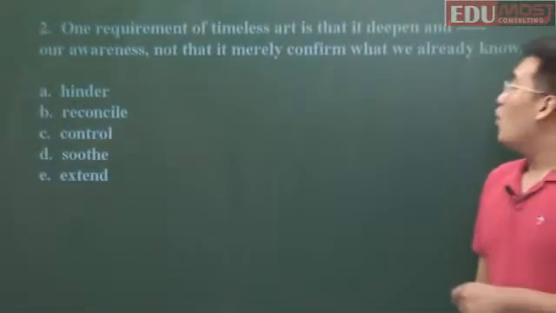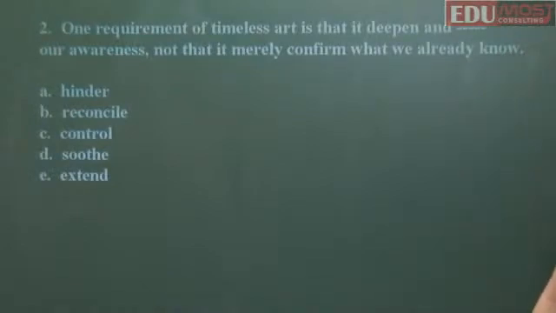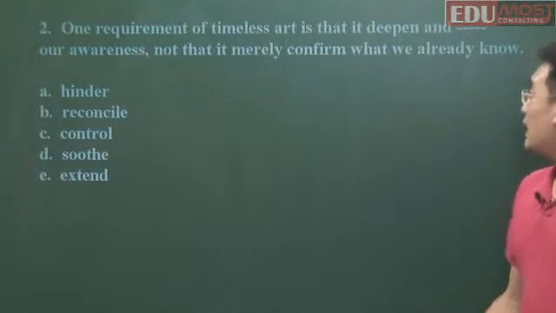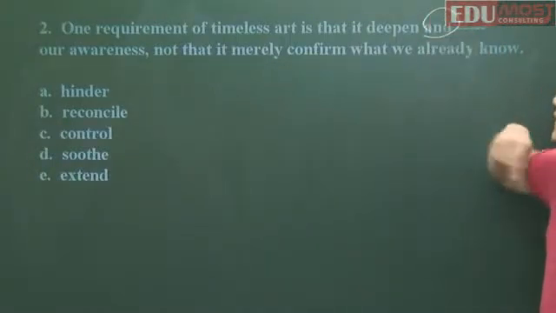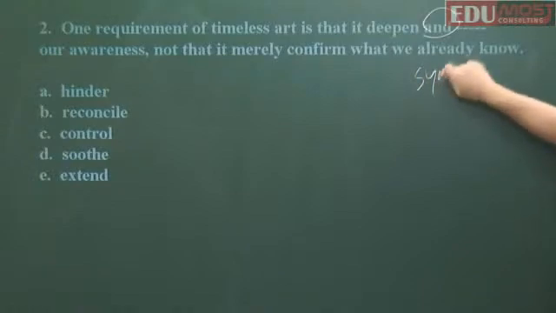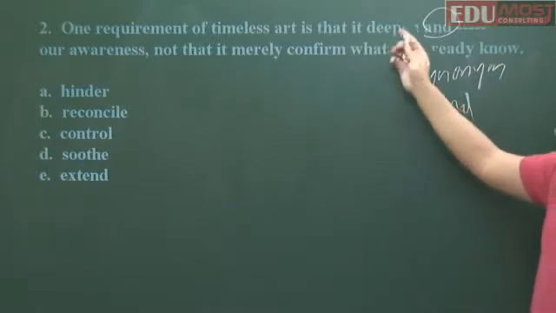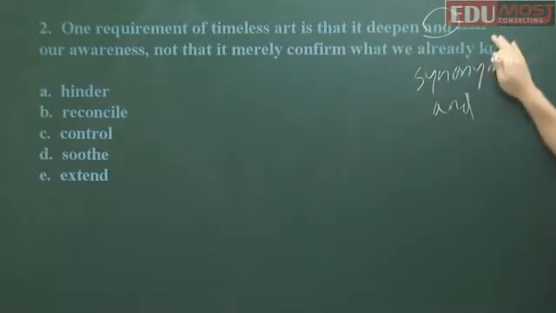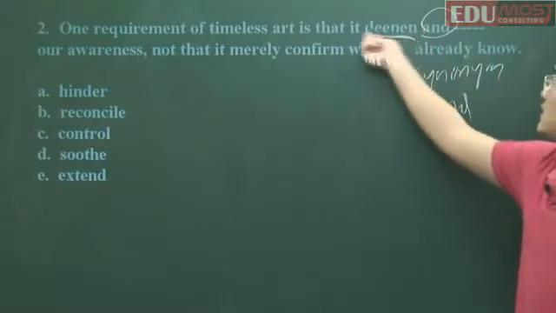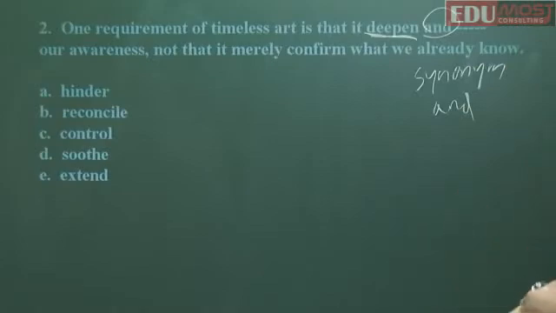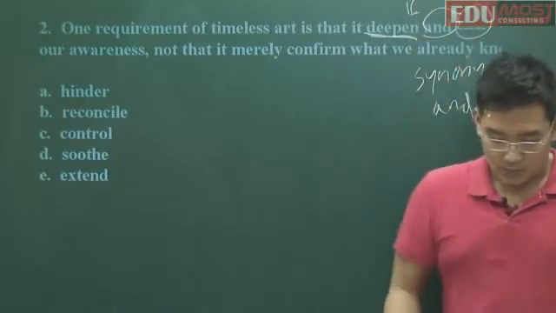Here, the sentence reads, one requirement of timeless art is that it deepen and blank our awareness, not that it merely confirm what we already know. In this case, we do have kind of a clue here. We have this and, right? And this and is what we call a synonym and. In this case, it's going to give us a word before it that is going to influence what word we want to choose. And that word is deepen, right? So one requirement of timeless art is that it deepen and does something else, right? So the word that we have here is going to be similar to deepen. So let's look at